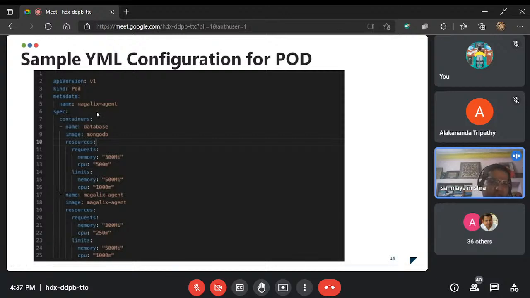It helps in better management of the memory for the application. So here in the structure we have defined a container, and this is how we define it. This is the container. The name is database. This is the image, I'm installing MongoDB, and there is something called resources. In resources, I have requested memory of 300 megabyte and CPU of 500 millicore, and I have also defined a